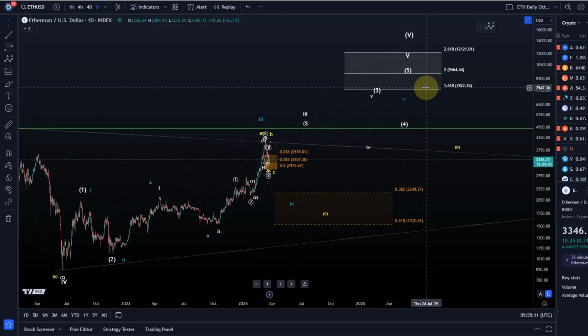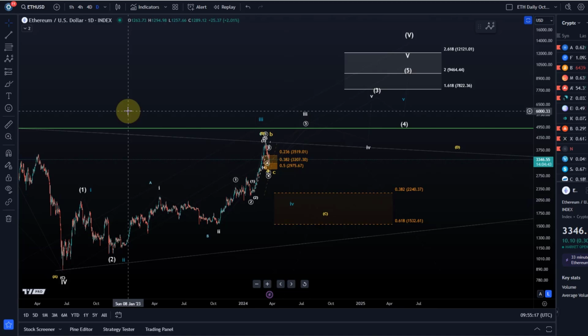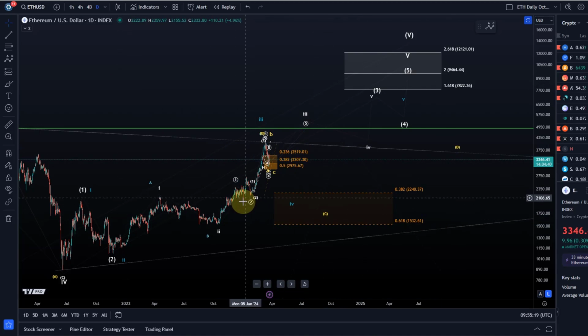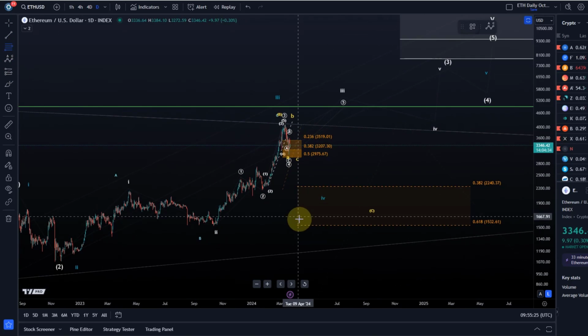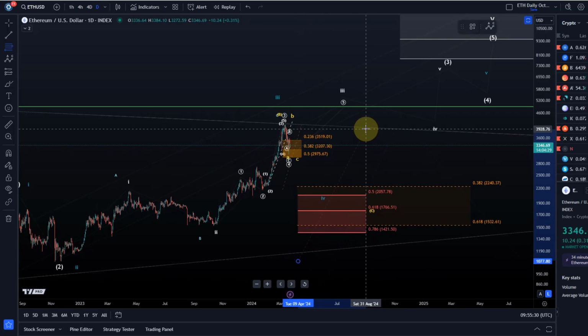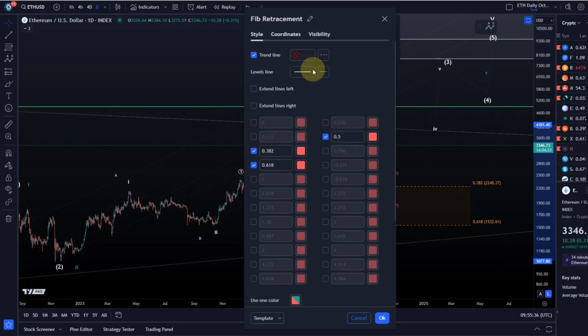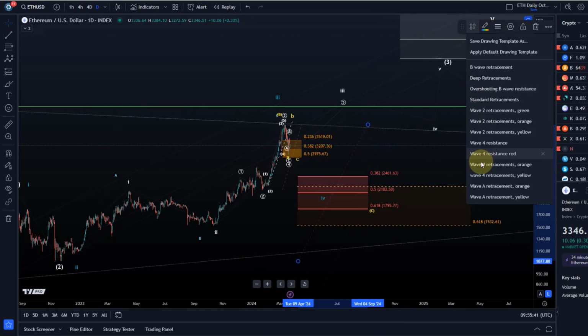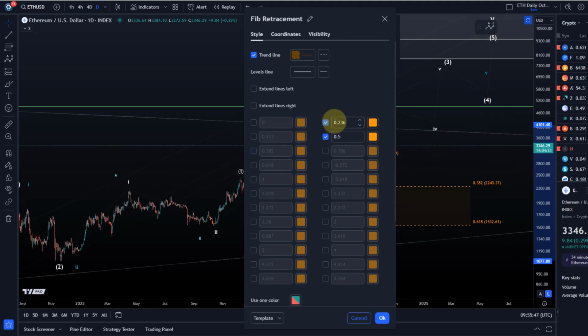So that's sort of what I'm watching on the daily time frame. Just thought it makes sense to talk about it and the alternatives. Don't want to put too much stuff on this chart here. Maybe I should add the support area for the diagonal if it unfolds. Typically, we don't want them to break below the golden ratio level. So I should add the golden ratio level to the chart.